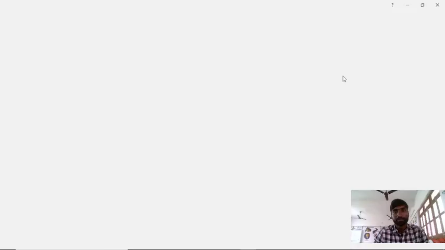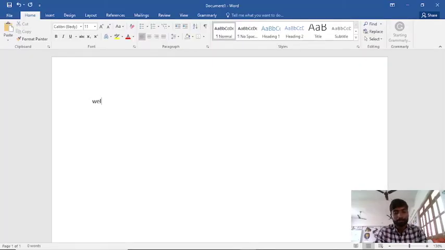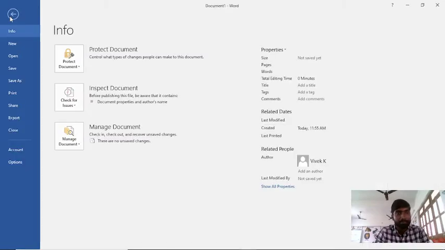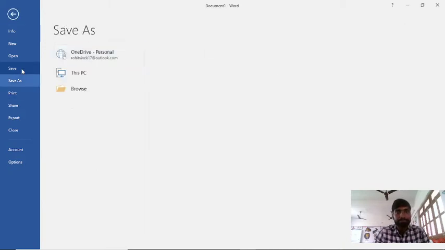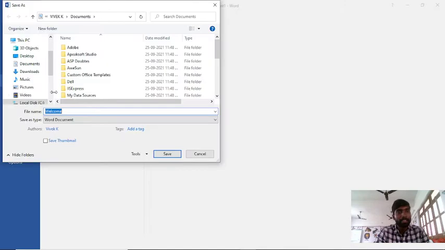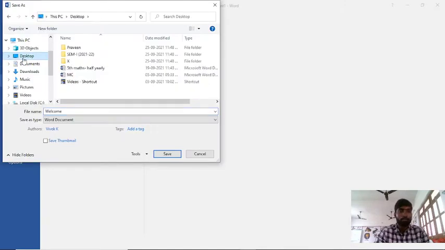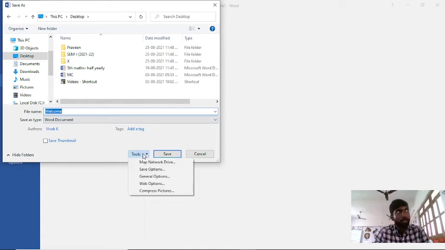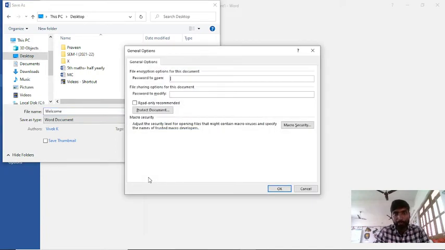After this, now I want to save the document with a password. How can we save? File, then save. Choose the location. I am choosing the desktop. File name I am giving welcome only. Now here is Tools. Click Tools and there is General Options. Select it.